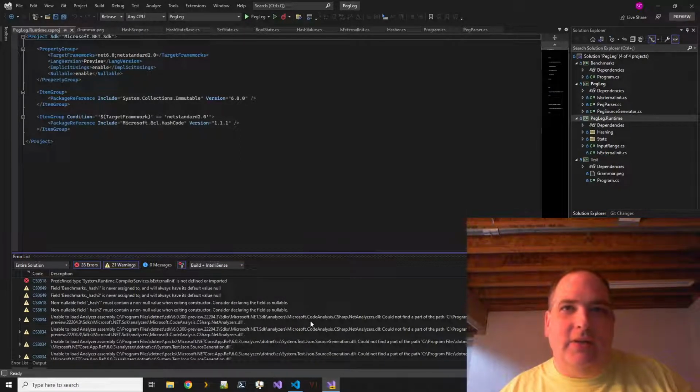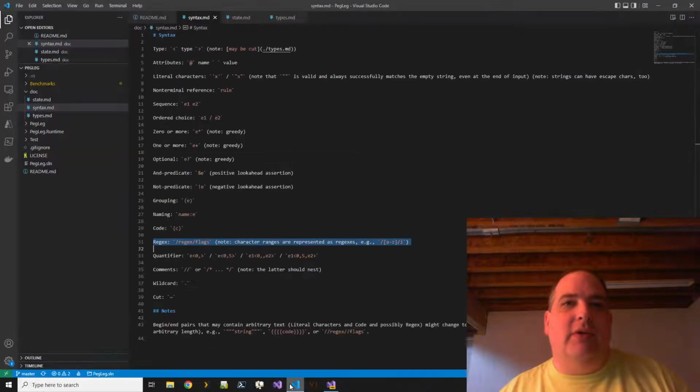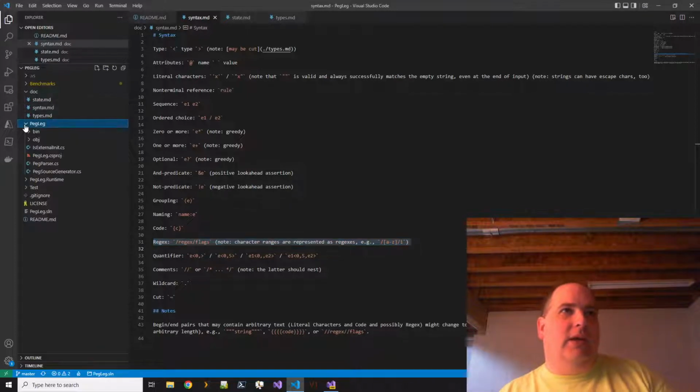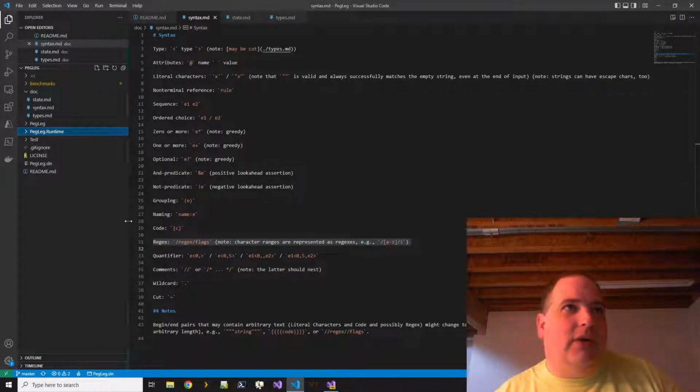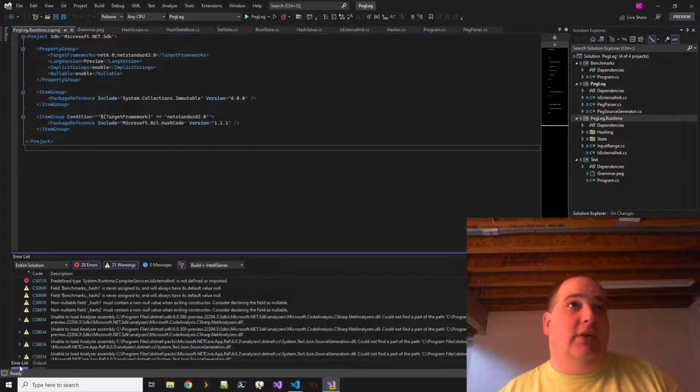All right. So let's see here. It's complaining about loading analyzers. Shouldn't be a problem. I don't think I have any kind of a directory props or anything in here. Okay, nope. So this is everything we have. I don't really see anything wrong here.